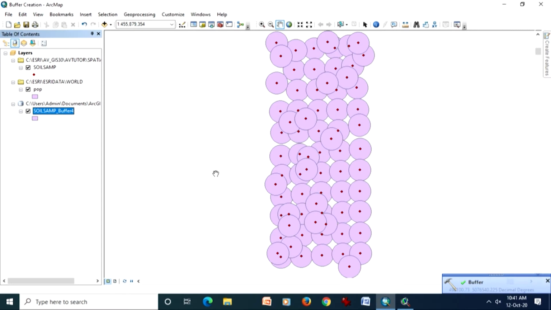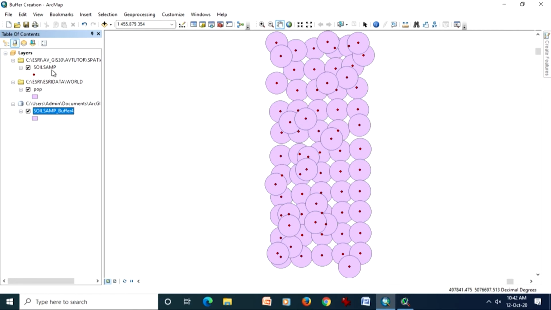See here, these buffers around each point have been created, but since we chose the option not to dissolve, we see many buffers around many points overlapping each other. For real analysis we need to dissolve these boundaries of individual overlapping buffers, so that we get a good, real picture. As you can see, a large overlap is there. In the background we are seeing 6 buffers, and on top of those there are 2 buffers.